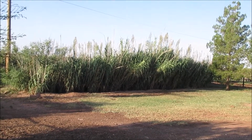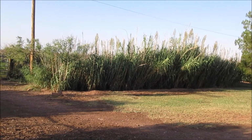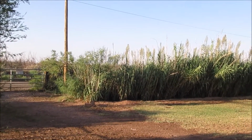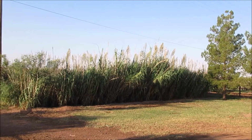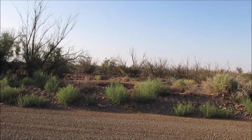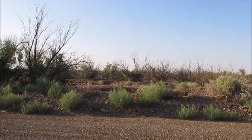After the front yard, we decided to put the windbreak here because of the road and privacy and wind. So it's growing leaves also. Across the road is where we got the cane. There used to be a lot of cane over there, and